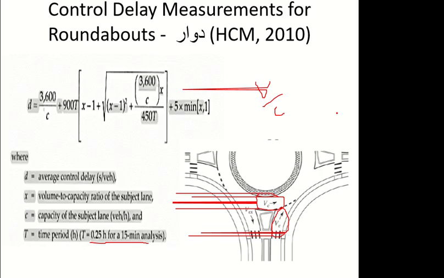Now how to calculate C? I'm using C here for x, and I'm using C separately as well. So I need the capacity. So there are some equations to calculate C. Before we move on to that,